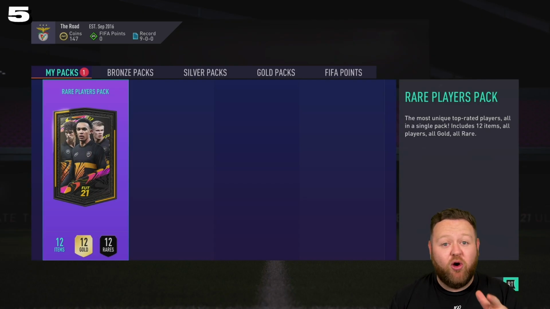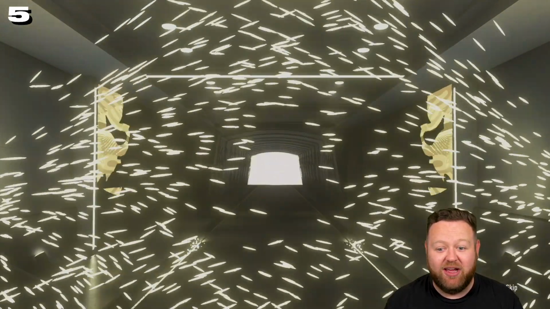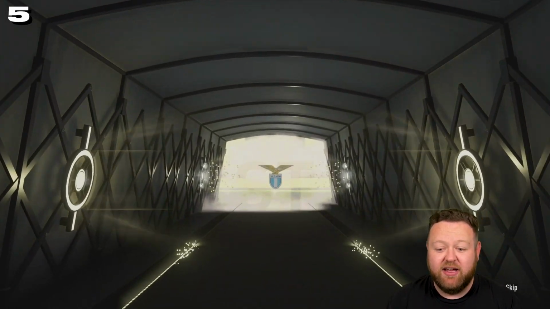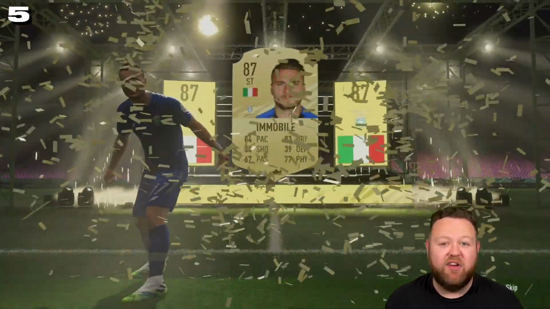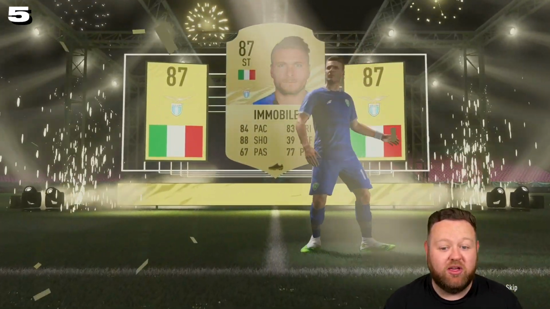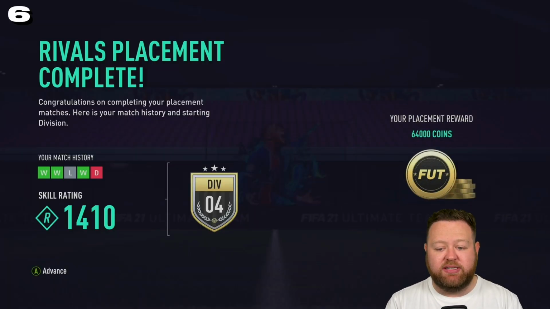But we are going to have to open the 50k pack that this one gives us right now because we've got no more coins left on the account. And we get ourselves a walkout in this pack. We go ahead and get an Italian striker from Lazio. That is, of course, going to be Ciro Immobile, 87 overall rated card. And I've got to say, he actually looks really quite good. 84 pace, 83 dribbling, and 88 shooting. But there you go, 1410 skill rating,